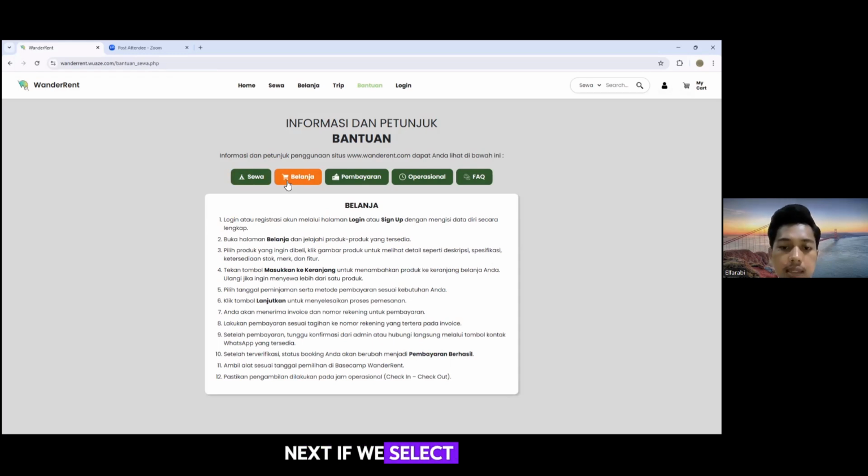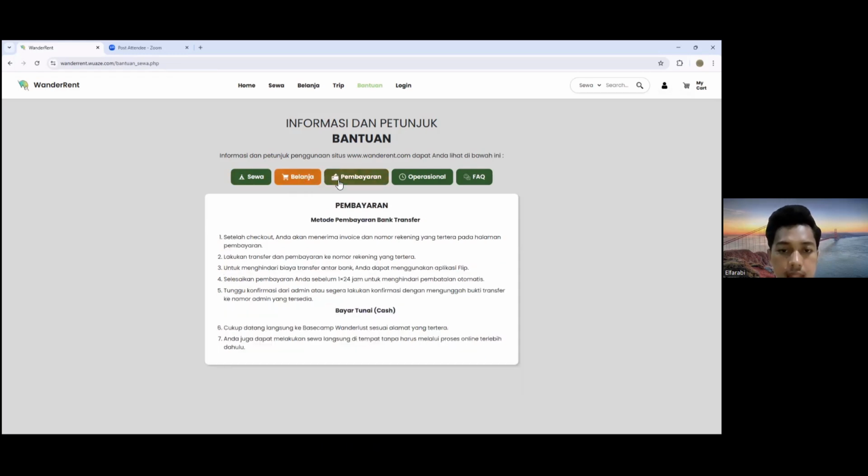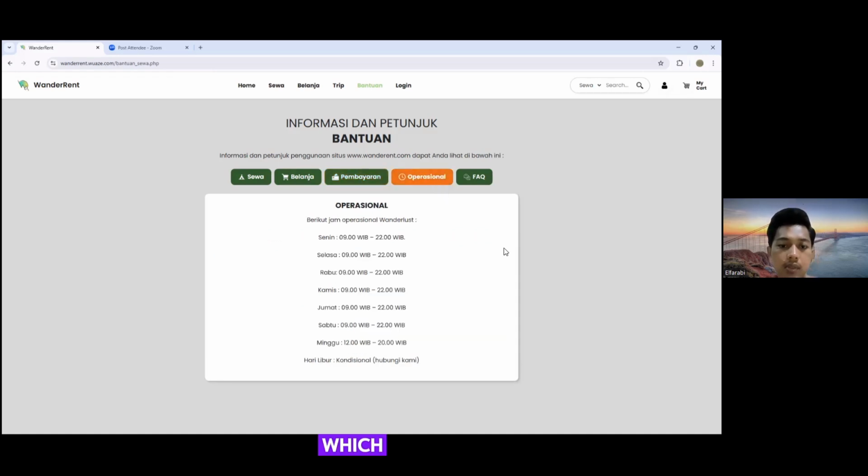Next, if we select Pembayaran, we will get detailed steps on how to make payment and what to do after transferring the money. There's also Operasional, which shows the store operating hours, so you will know when to pick up or return the item.